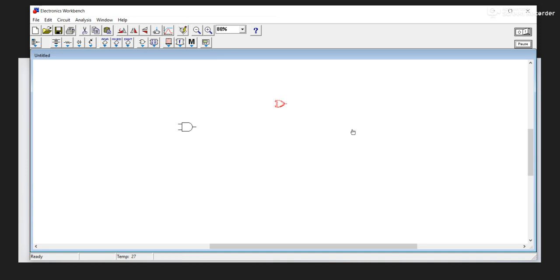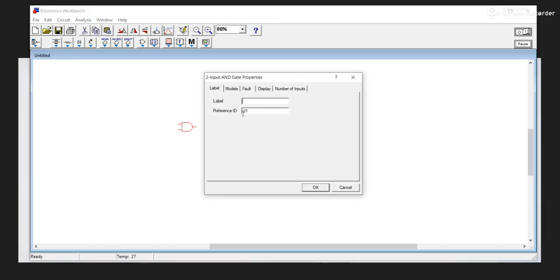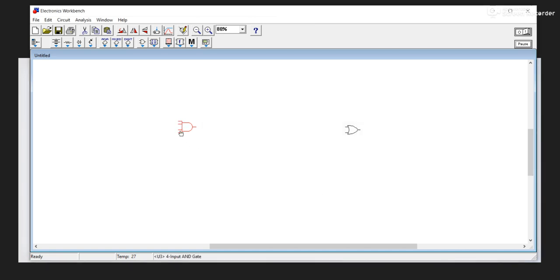Now I'm going to be testing these different things, okay? When you want to change the properties of this component, you can right click on it and look at components. By default we have 2 input gates, but you can change it by looking at the number of inputs that you can find here, and then you say let the number of inputs be 4, and when you say okay, you now have 4 inputs